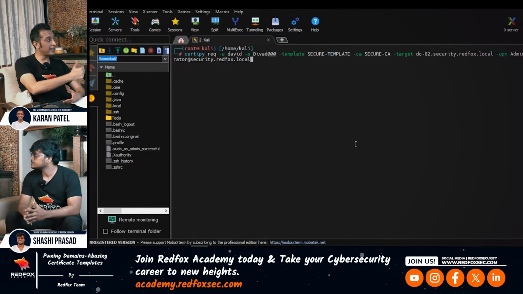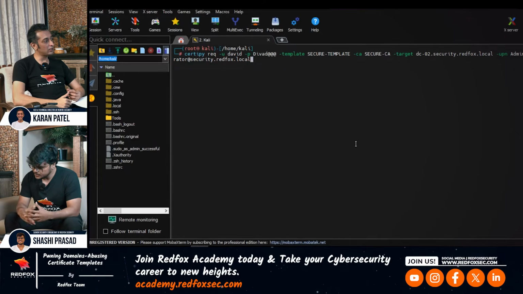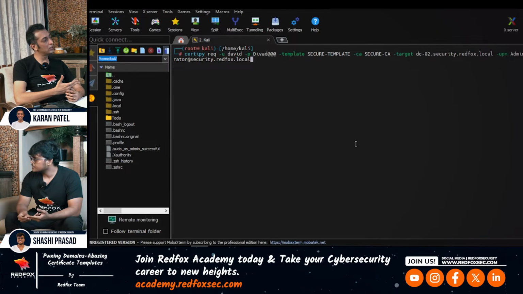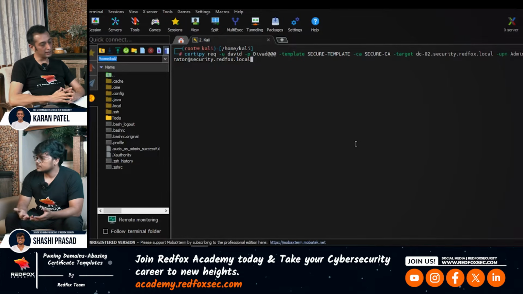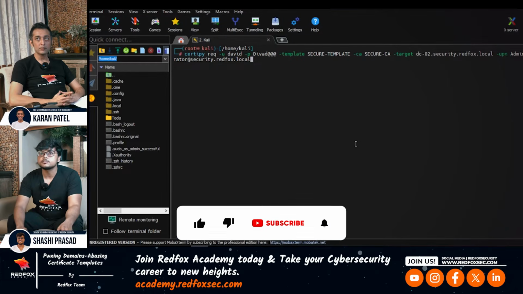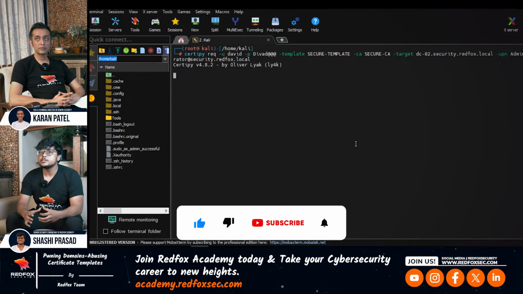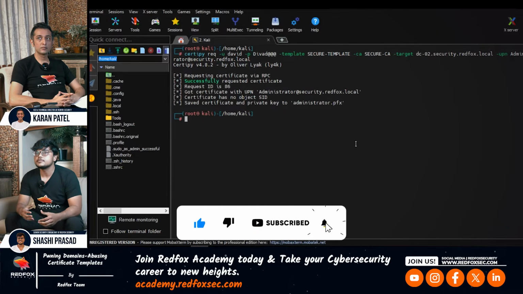So three conditions. One is client authentication, which has to be enabled. The second is the flag that you spoke about, subject alternative name, or we can say enrollee supplies subject. And the third thing is that Domain Users can enroll in this template. So these are the conditions needed for ESC1. Right. So let me just request a certificate as a David user,